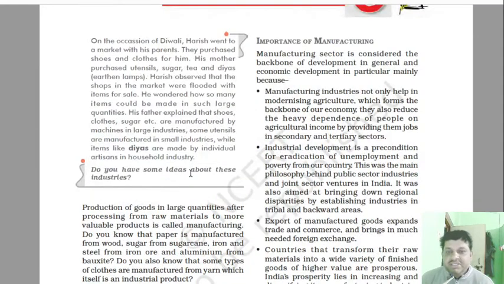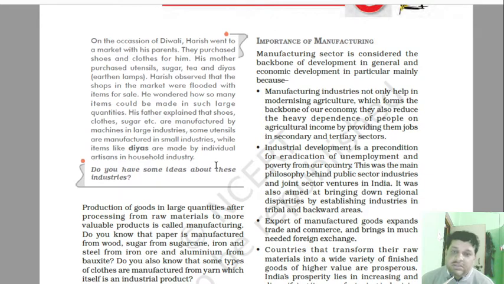So now let us discuss the importance of manufacturing. The manufacturing sector is considered the backbone of development in general and economic development in particular. Development is the hallmark of human civilization. Humankind has been making development since its evolution on this earth. But we are living in a modern era, and in modern society, the strength of the economic development of the country,